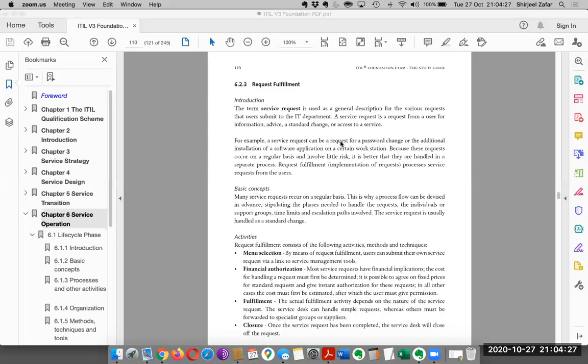Some requests will be very simple, like for example, if you need a Bluetooth headset. That is just a matter of requesting it, and if it is available, they will get one to you. If they need an approval, then they will get an approval first, and then they'll send it to you. So all these steps, when you make a request and until it is fulfilled, that's called fulfillment being carried out. Okay, then again,